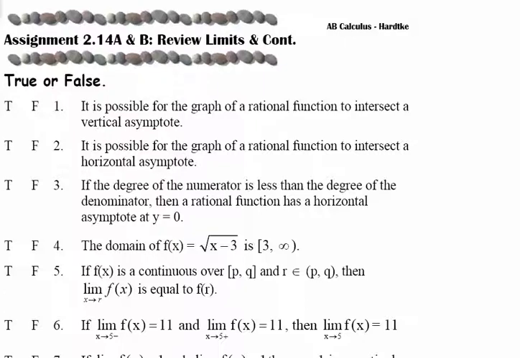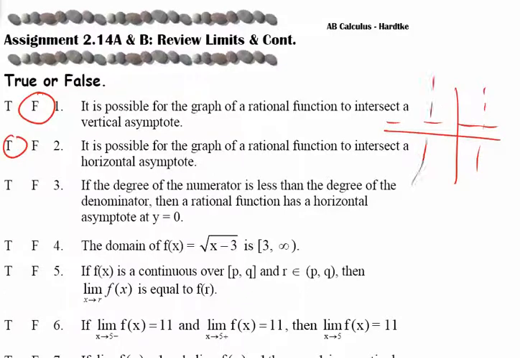It is not. That is false. Second, is it possible to intersect horizontal asymptotes? That would be true. So let me quickly sketch a rational function that you might remember seeing. Rational functions that look like this, for example. A pretty rough sketch, but you can see that in the center of the graph we sometimes do cross the